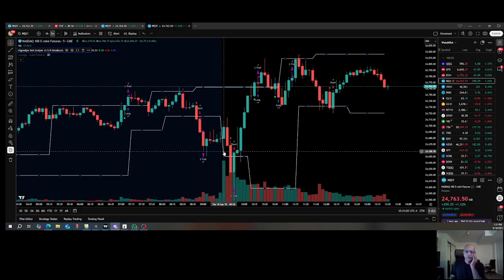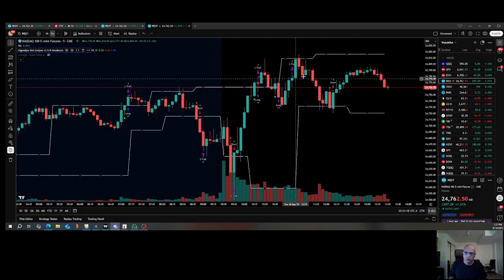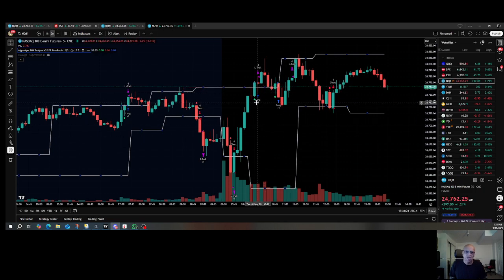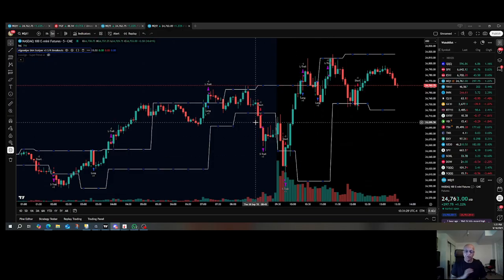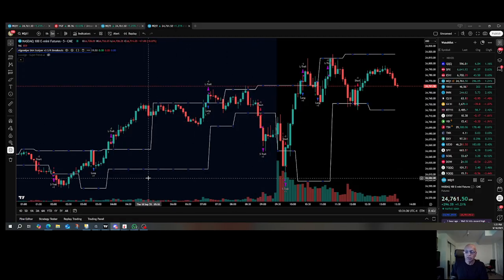I don't trade this from 11 to 2:30, or sometimes I don't even trade it till 3, because hardly anything moves between 11 and 3. So I try to stay out of those trades. It's enough time, 2 in the morning till 11 o'clock, to trade. It's the same thing when you're trading with our original algo, which we use as well. Trade from 2 in the morning till about 11 this morning,